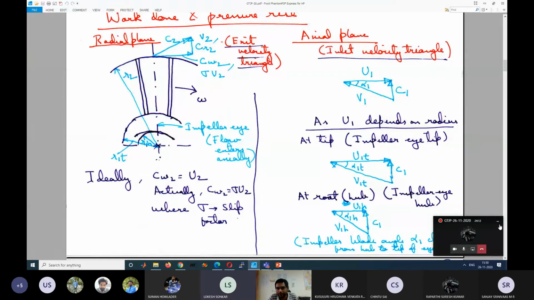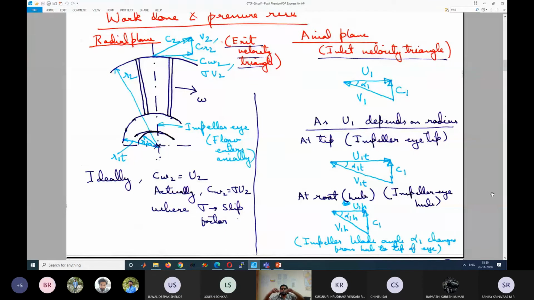Okay. This is the plane on the right hand side. You rotate it like this. Rotate the camera, mobile like this. Then it comes to the left hand side picture. So now C1 is in this direction, U1 is in this direction and V1 is in this direction. You have to rotate this right hand diagram by 90 degrees, keeping U1 same. So C1 and V1 will come out of the plane. That you have to imagine.